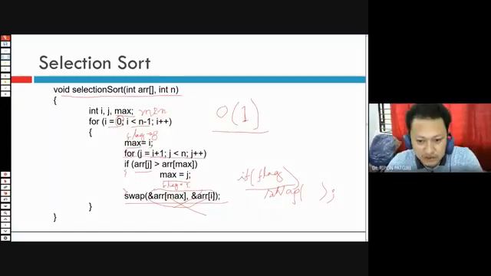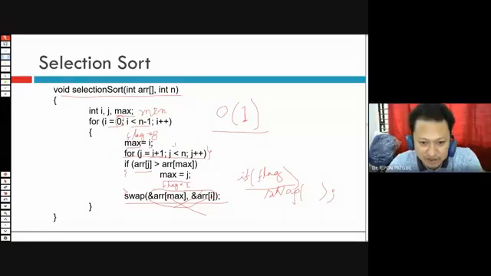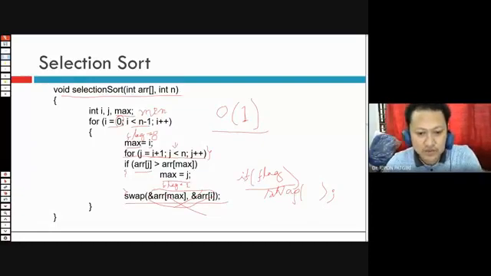This loop will sort only one item. It will place the largest one in the last place using the swap operation.